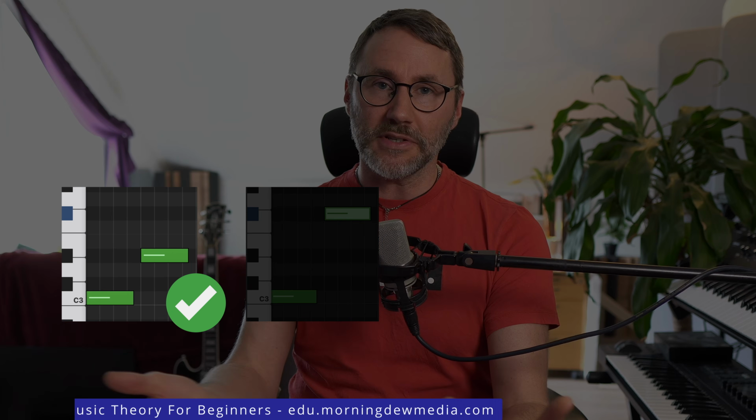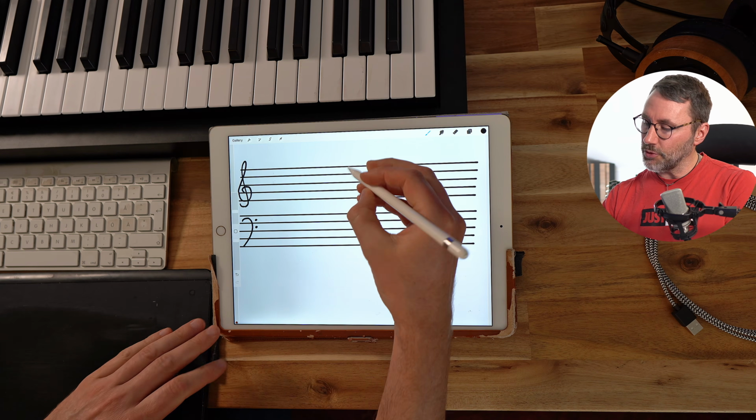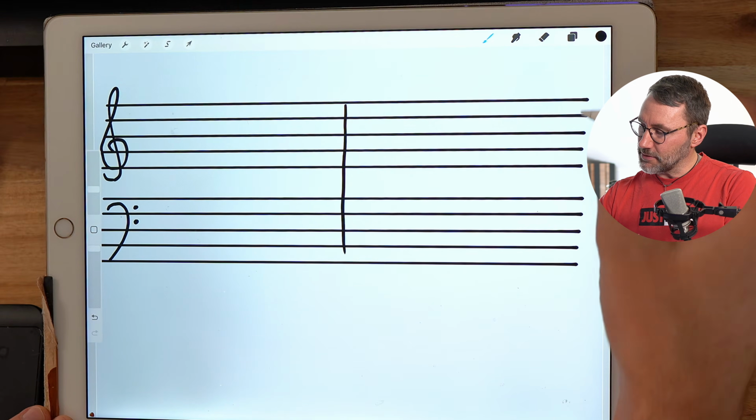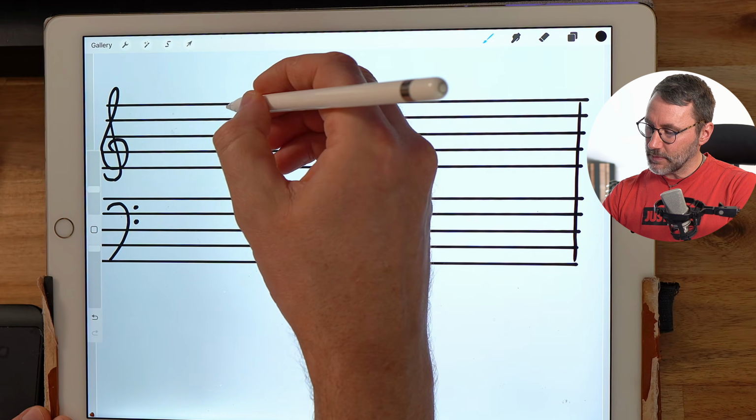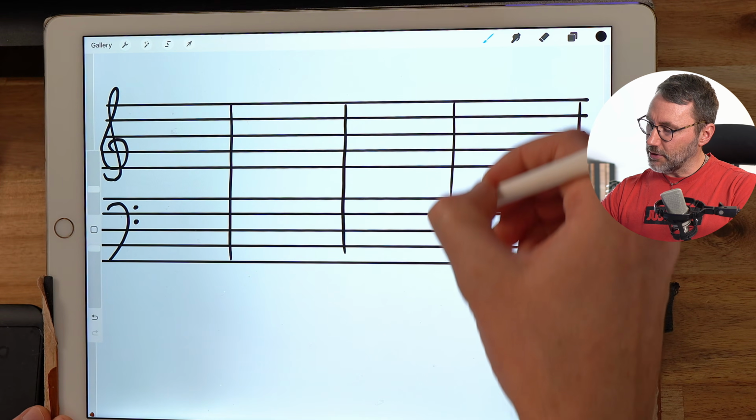Of course, there's more rules if you want to play by the book and write for classical orchestra, but to begin with, we can look for these three main principles, and we're going to have quite good voice leading in our chord progressions. Okay, so let's apply these rules to a typical chord progression. So we're going to have 4 bars. So let's just divide our score into 4 bars.